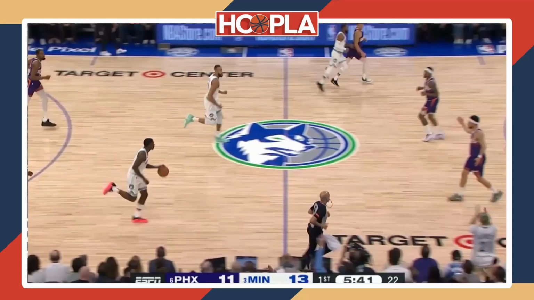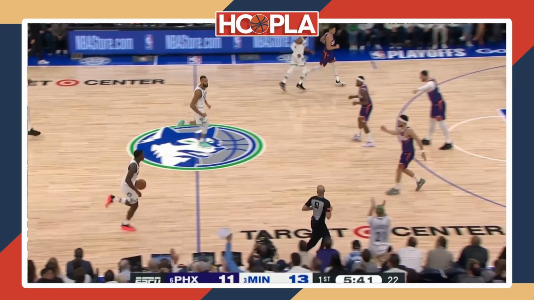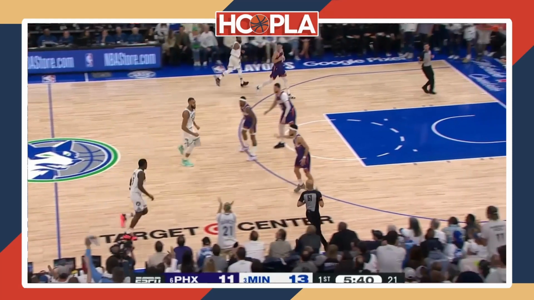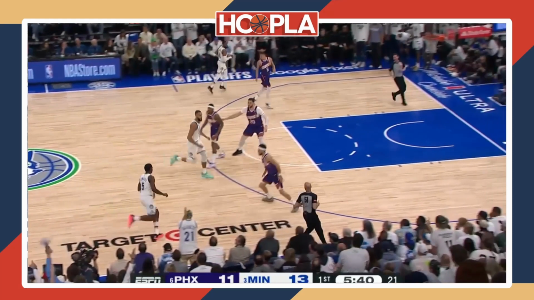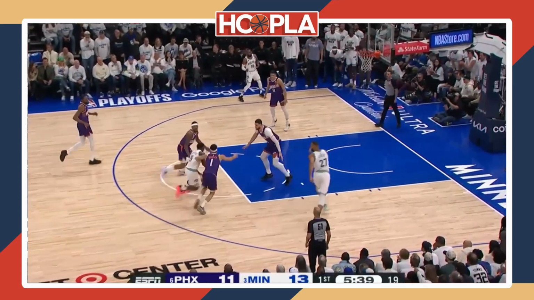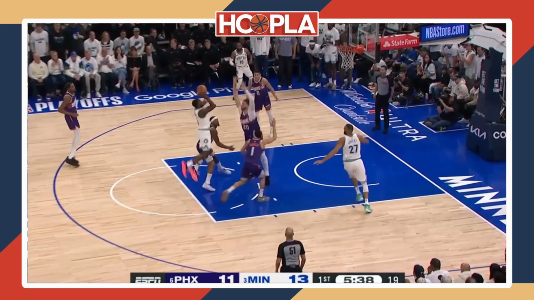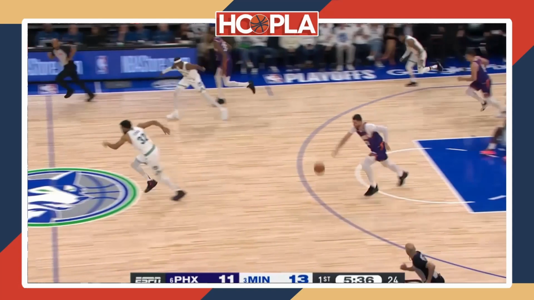Again, we have a semi-transition opportunity where most of the Suns are back on defense, and it's really not a good opportunity in transition for the Timberwolves. But instead of pulling the ball out and setting something up, he gets impatient again, tries to attack, gets stuck in the air. He jumps way too early than he needs to. The best option for him right here would have been to throw a lob to the rim to Rudy Gobert, but instead he tries to shoot a floater, or maybe it was a pass, but it's just another example of him getting stuck in the air that leads to a blocked shot in this particular play.